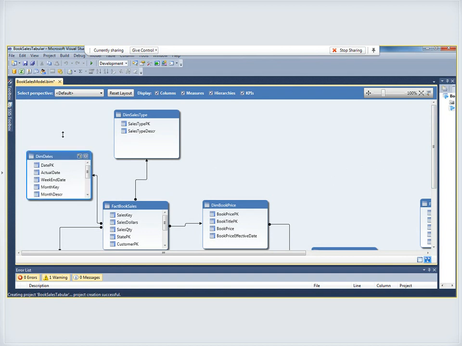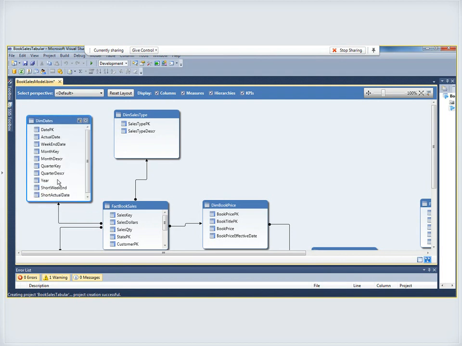Now, there is a little bit of surgery I need to do on a few tables here. For instance, the date dimension. I built some of the description columns, things like quarter description and short weekend and short actual date, but the truth is I can't sort on them because I'd be sorting them alphabetically, and we can't sort a month description alphabetically because April and August would pop to the top of the list. And months like January would be further on down the line because it'd be sorted alphabetically. So what I'll do is I'll go back to the data view